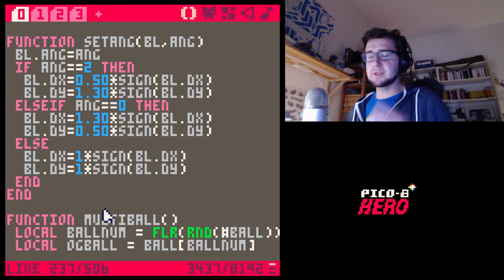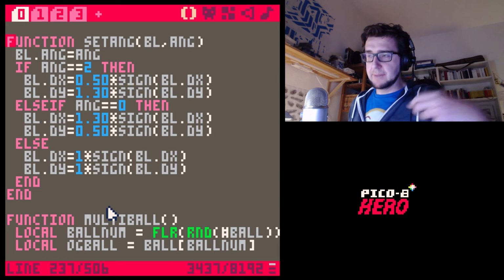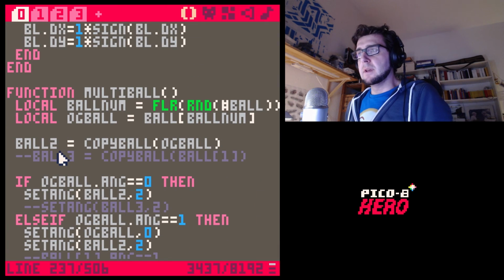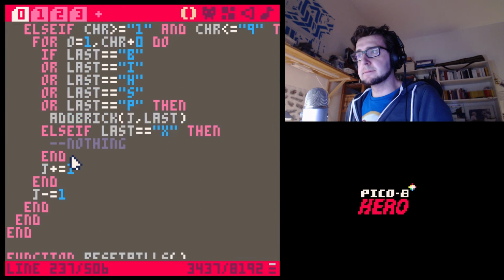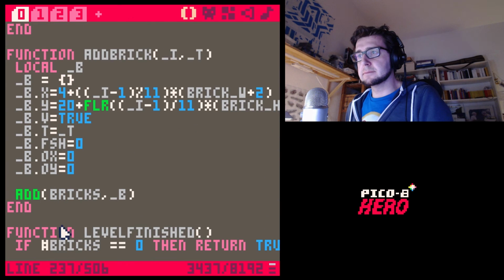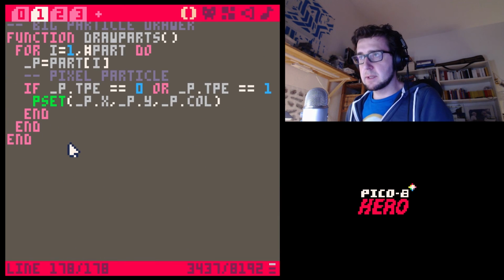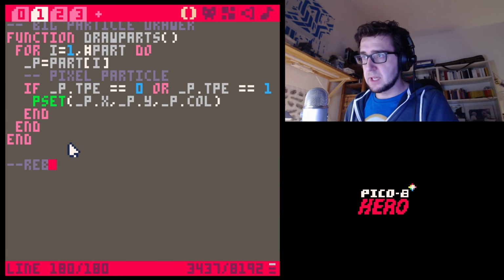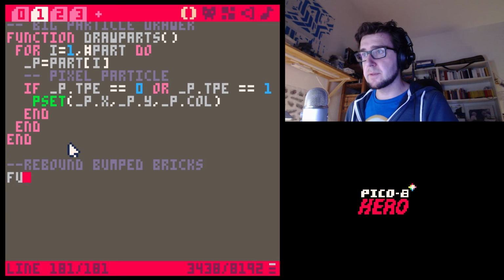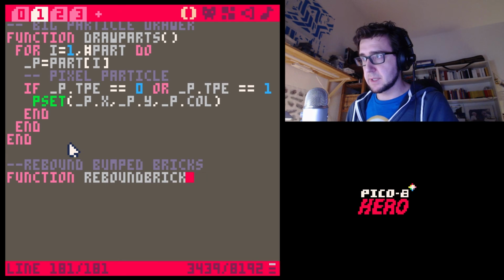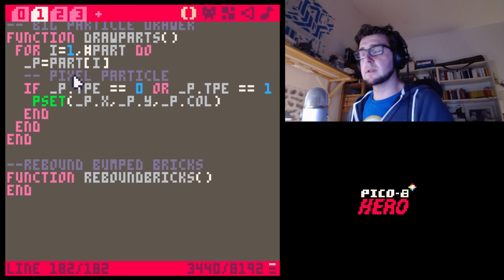Okay, so what we want to do now is we don't want just to move the brick away, but we want to also return it. So we're gonna make a new function here, called rebound bumped bricks, and I'm gonna go function rebound bricks, and